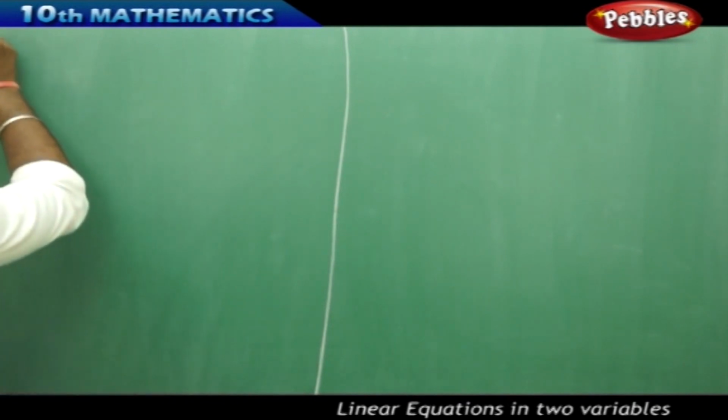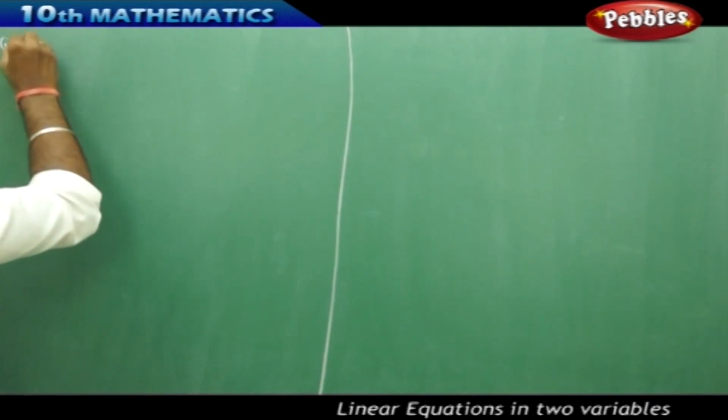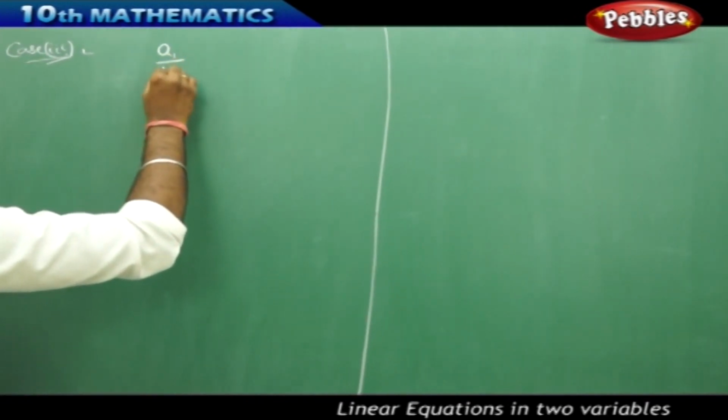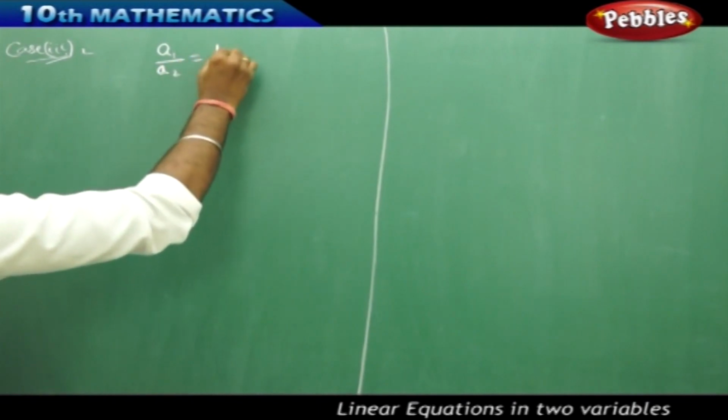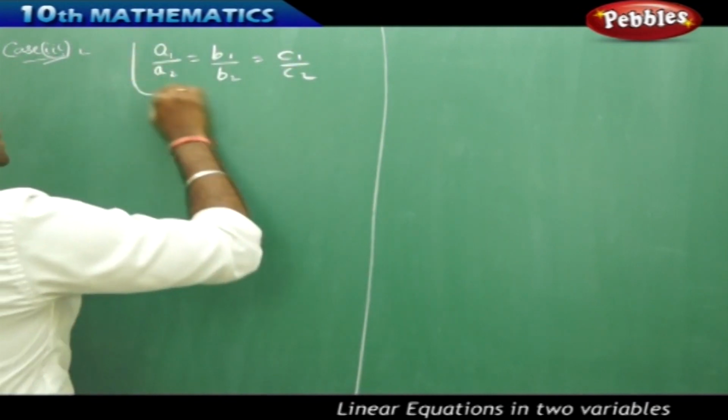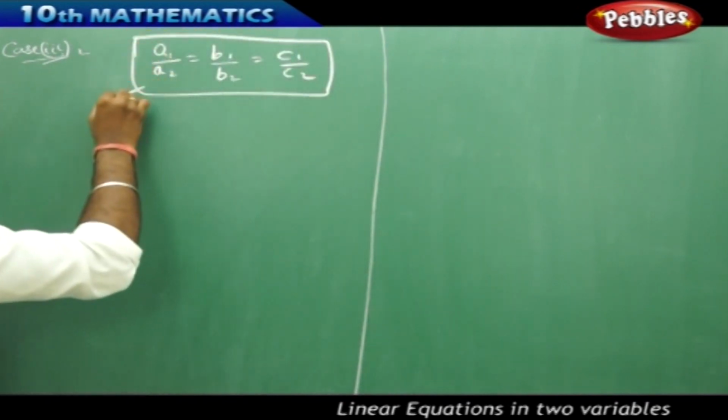So for the lines L1 and L2, in case of the third condition, I have a1 by a2 equals b1 by b2 equals c1 by c2, and in this condition we say